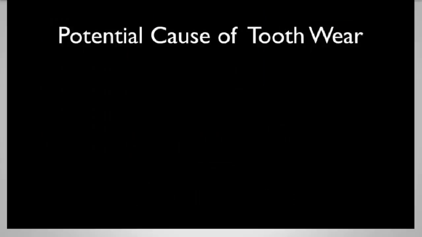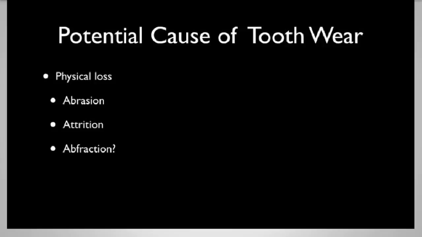Now, here are some of the primary areas of tooth wear that occur. We have physical loss of tooth structure, and physical loss of tooth structure occurs via abrasion, attrition, or abfractions. And abfractions are somewhat debatable as to whether they occur. So from an abrasive aspect, we can see that occurring and we can also see attrition occurring in a patient's